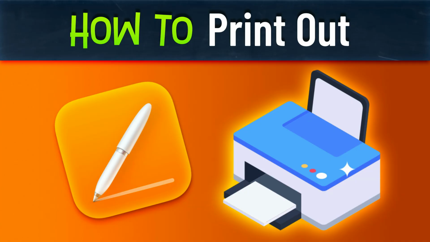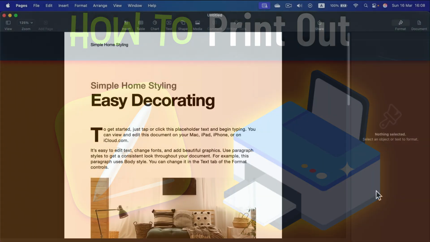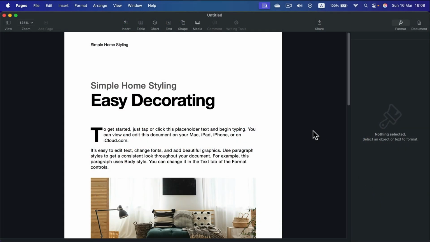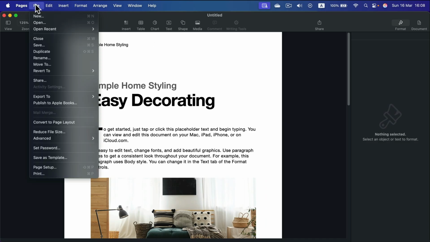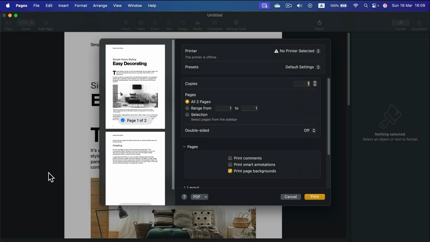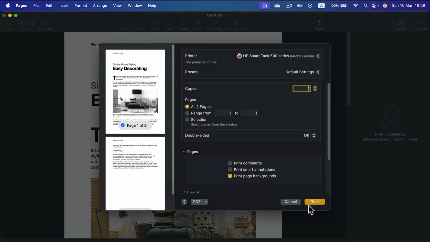How to print out your documents in Apple Pages for Mac. Simply head to the top menu over here, not the tool menu, the top menu over here, click File, and you will see the option to print at the very bottom here. This should trigger your default printer setup, and you can see all of the pages of your document in the